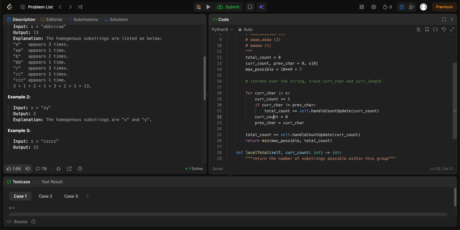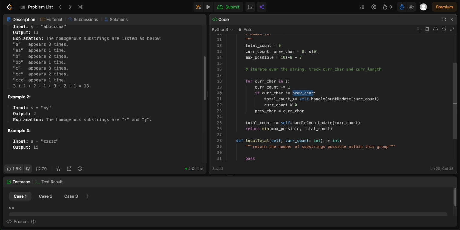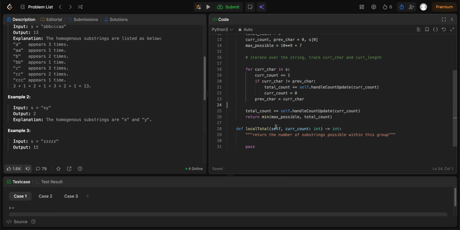Oopsies, I think we would want to do this at this point. Yep, so we use the current count, reset it, then pop down here. Yep, okay, this looks good. We'll walk through this again before we submit it, but at this point,